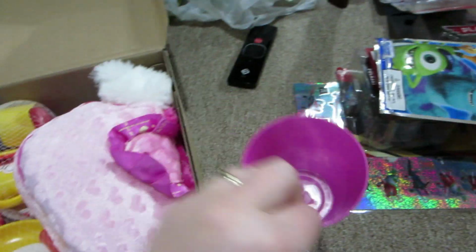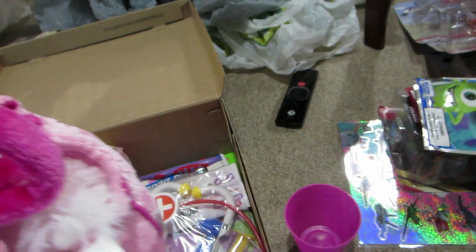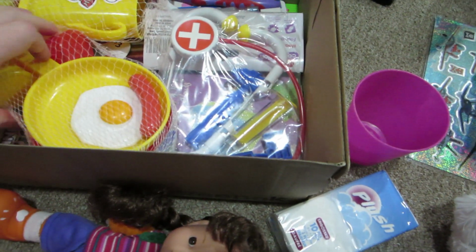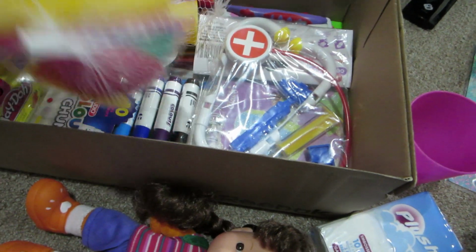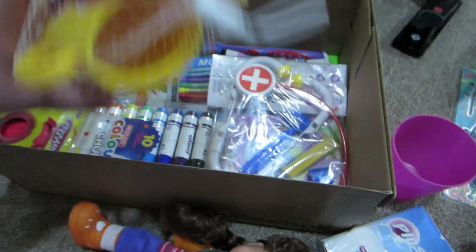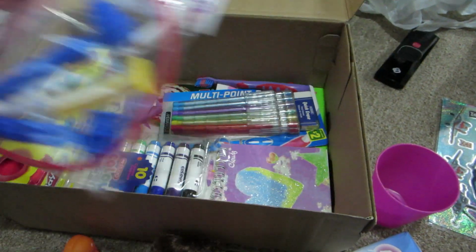A cup. A puppy in a purse. So cute. This was only $3. This is amazing. Same as the doll. Can't believe it. And then I've got a little cookware set, a little tea set, a doctor kit type thing,